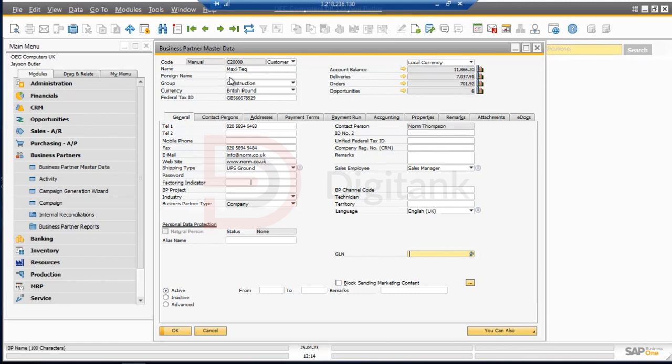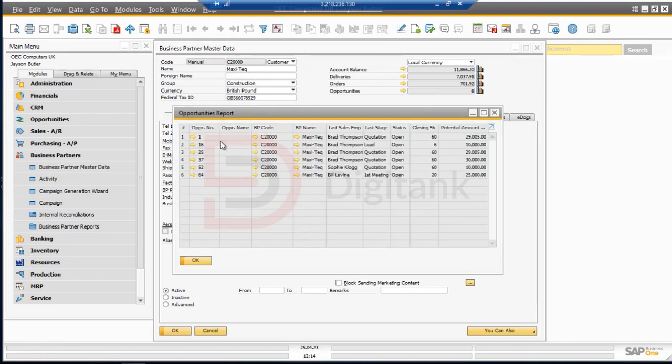So now we have chosen Maxitech as a business partner based off of an existing customer that we are already doing business with. So automatically some other fields get filled up. We notice over here that we have 6 opportunities with respect to Maxitech. So we can drill down here into the opportunities, and then we can see the opportunity numbering, the opportunity name, the business partner code, the business partner name, the last sales